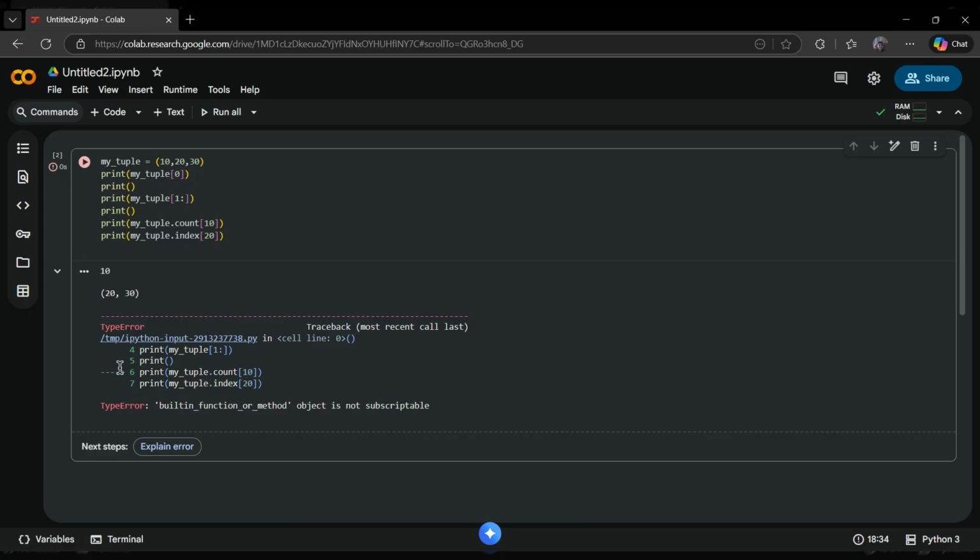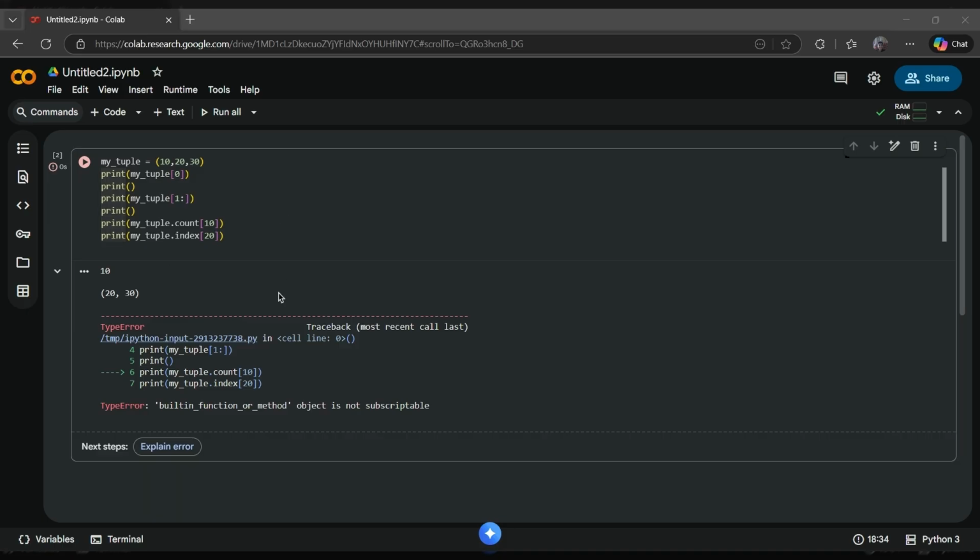Where is it? Line number 6. So 1, 2, 3, 4, 5, and 6. Okay, my tuple, in cell 0. Built-in function, or okay, some